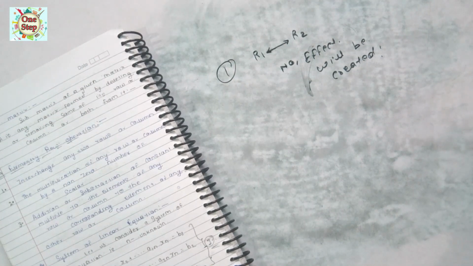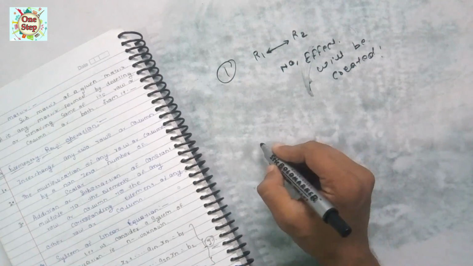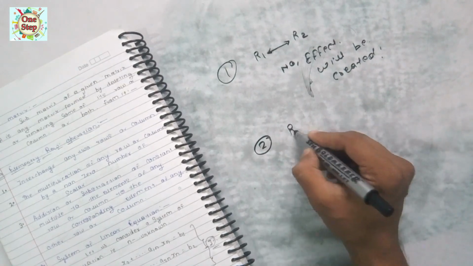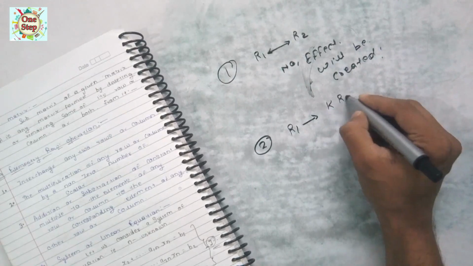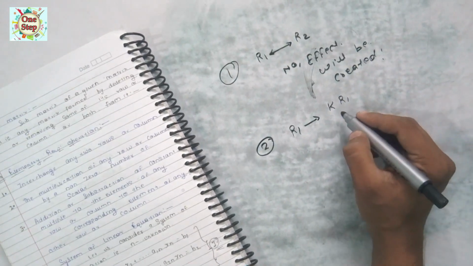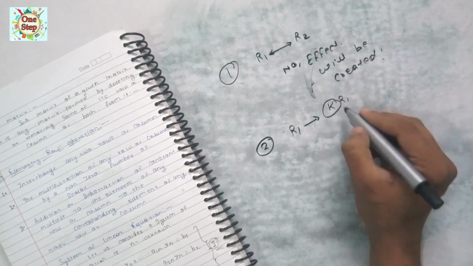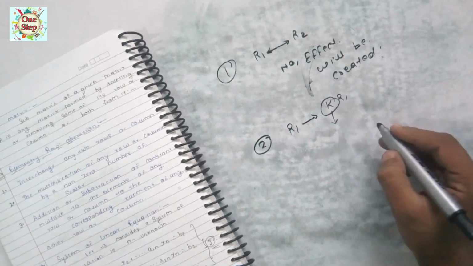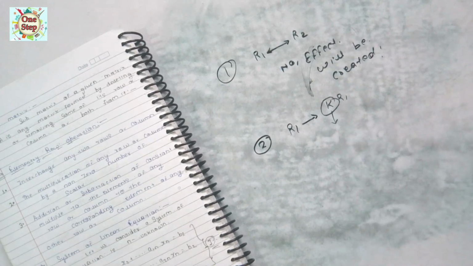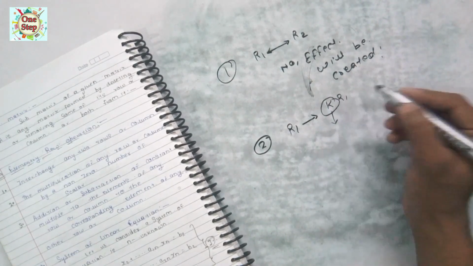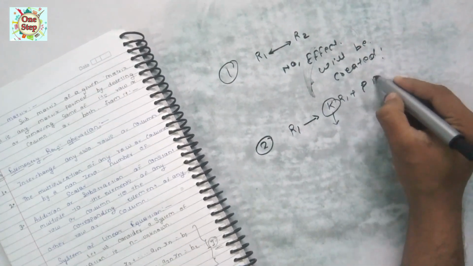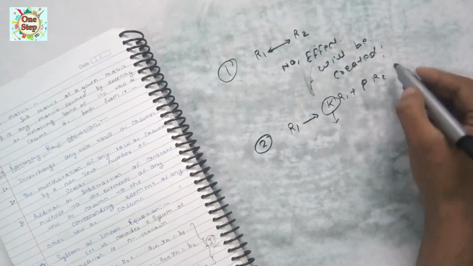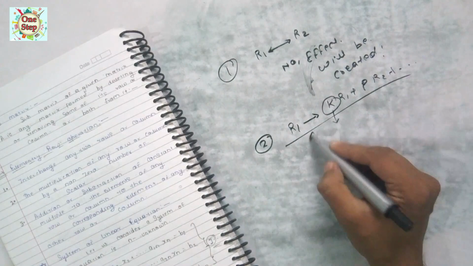The multiplication of any row or column by a non-zero number or scalar. It means that if R1 is any row, then I want to multiply some constant k with R1, but it should be in a proper manner. How can we decide this k? This is the multiplication term. Let's suppose we take k times R1 plus p times R2. Okay, so we can add anything. So this is the generalized case.